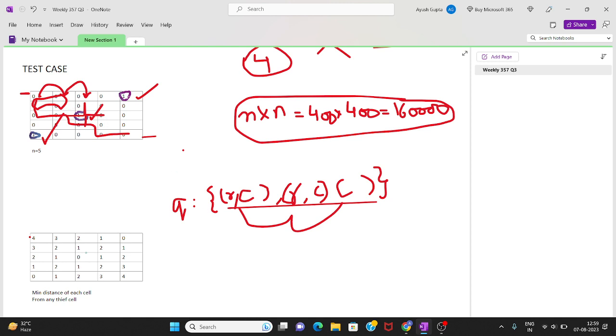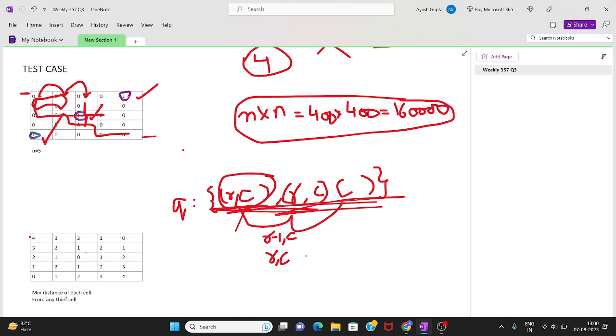So whatever cells we have in our queue, we will first pop it off, and then we will move from this R comma C up. What will be its cell position? R minus 1 comma C.